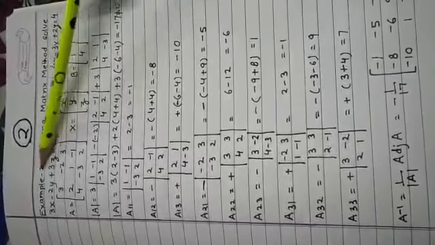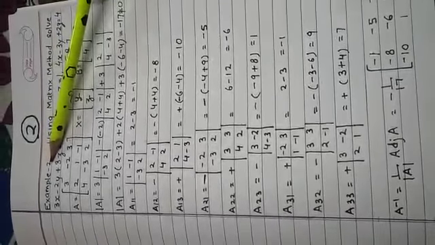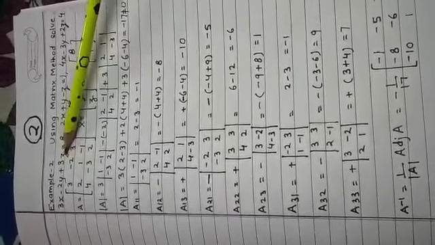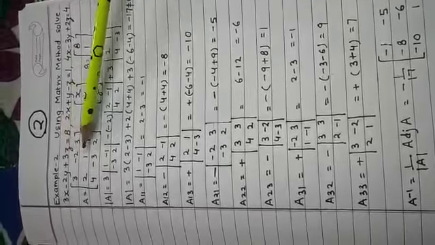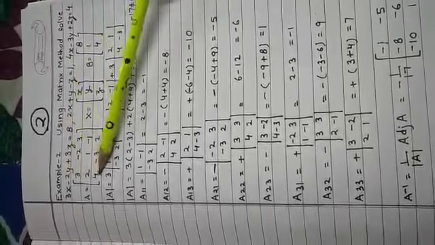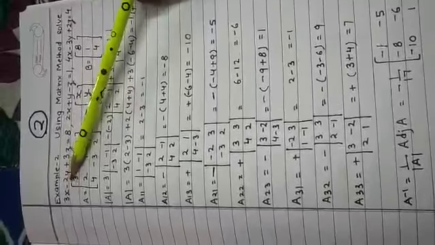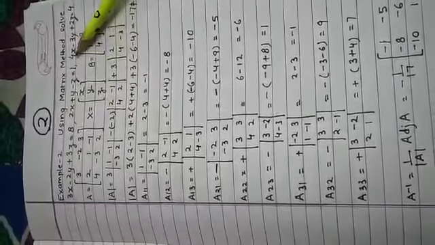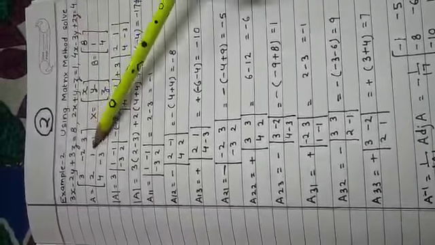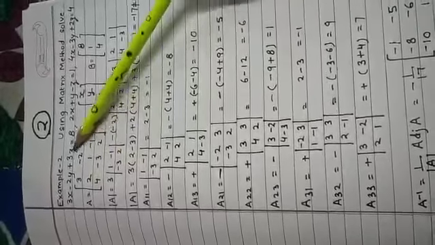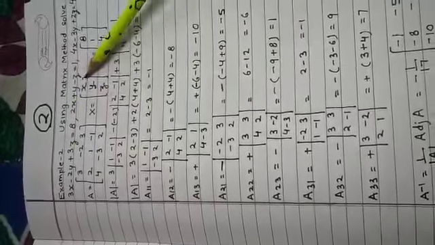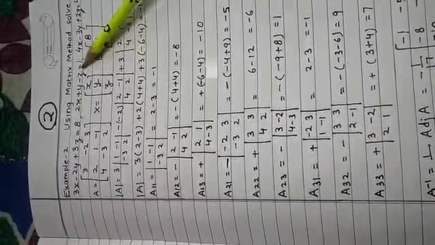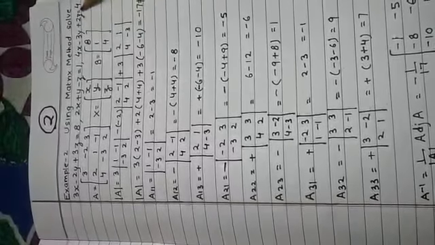Let us take example number 2. That is a matrix having 3 rows and 3 columns, that is, 3 equations having x, y, z as variables. You can see what matrix A becomes: 3, minus 2, 3, then 2, 1, minus 1, then 4, minus 3, 2. These are the coefficients of x, y and z. X becomes x, y and z. What is B? 8, 1 and 4.